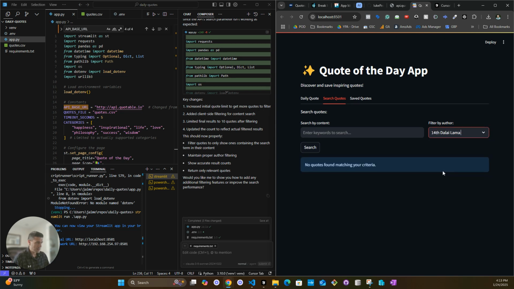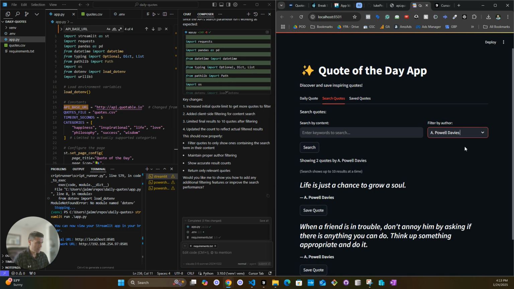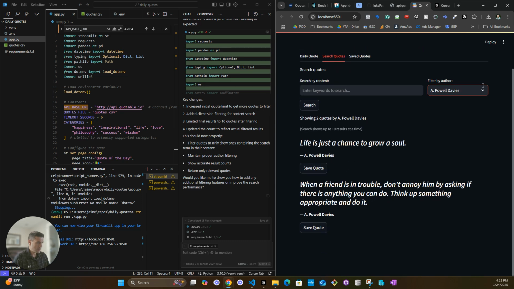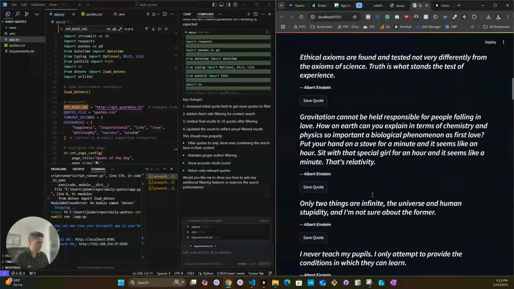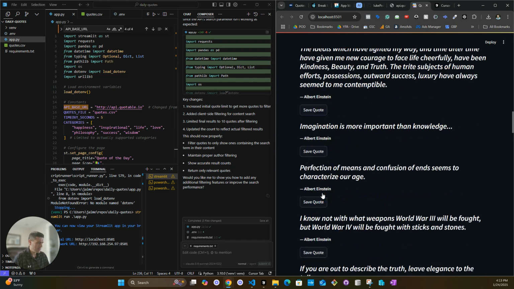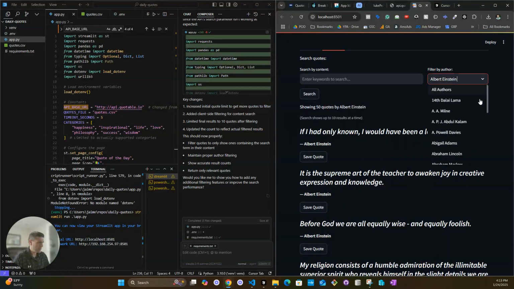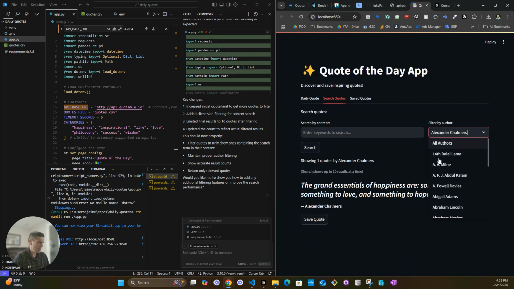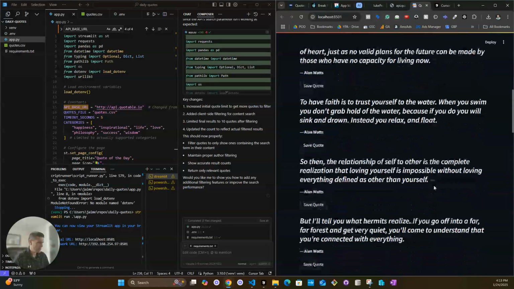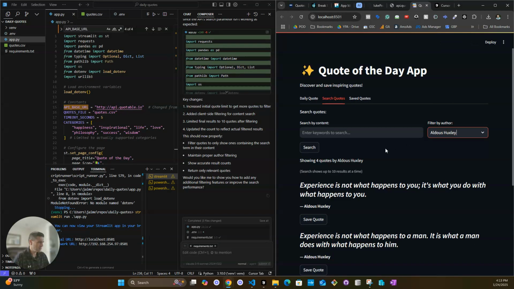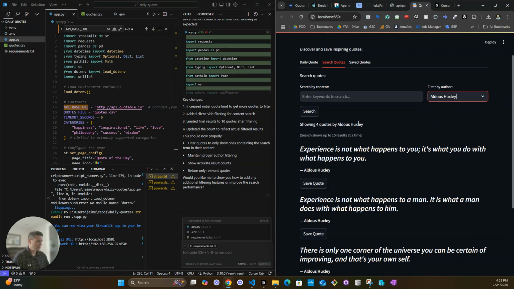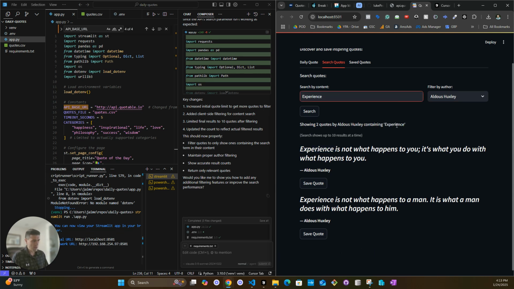The filtering, there's nothing with this author. There's 2 with this author. Let's see these ones. Albert Einstein should have multiple. Okay, that's great. So we know it has multiple, but I only want to filter. Actually, Albert Einstein, I already selected it. I want one that has a couple, not that many, so I can test the filtering. So this one, okay. So we have the same guy, Aldous Huxley, and I just want to put here experience. Oop, that's it. That worked.